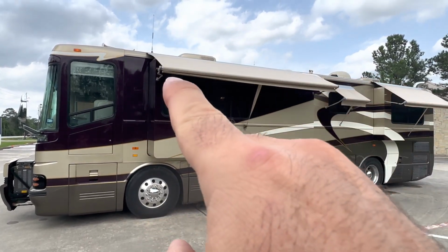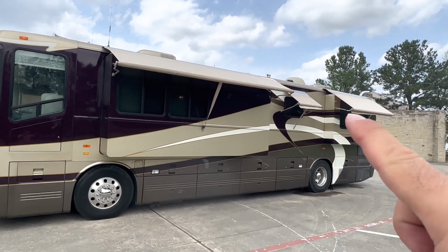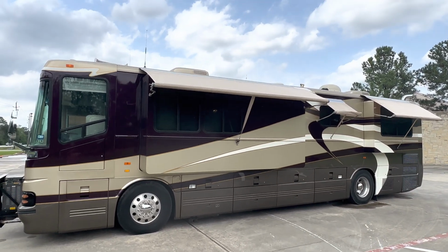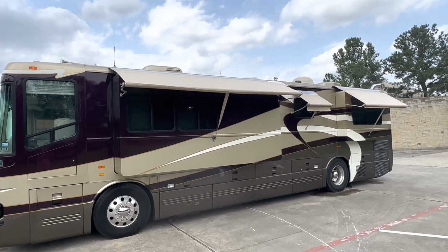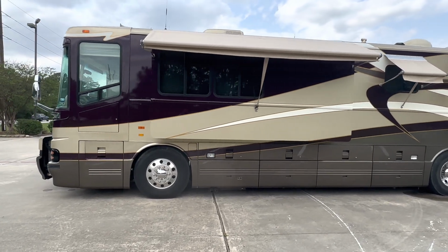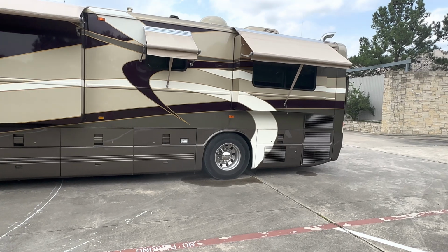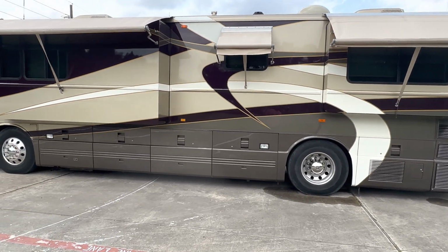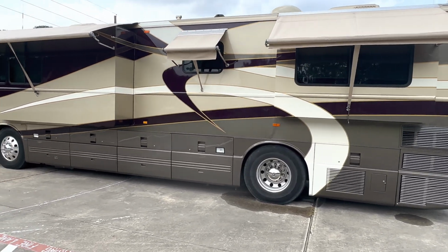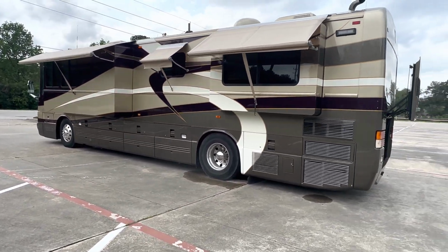As you can see, we have slide out awnings and window awning combinations, and then a window awning there painted to match roof ACs up top. The satellite dome is painted to match. We have a power 50 amp cord reel side radiator. We have an Aqua Hot system, Oasis Hurricane,